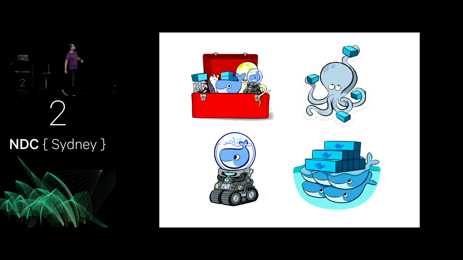The other one with whales plus containers is Swarm. Swarm is a way to do Docker on multiple different hosts. So managing containers, managing where they're running, ensuring that they're always available, always up, even if you lose a host, and managing the network and the service discovery, and how you can actually start working with Docker at